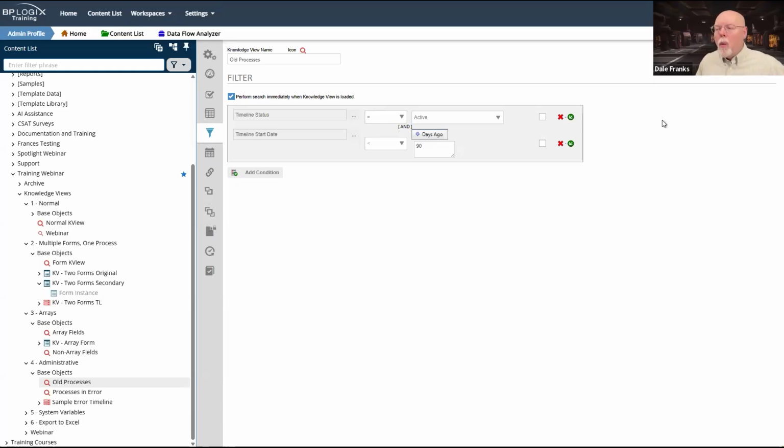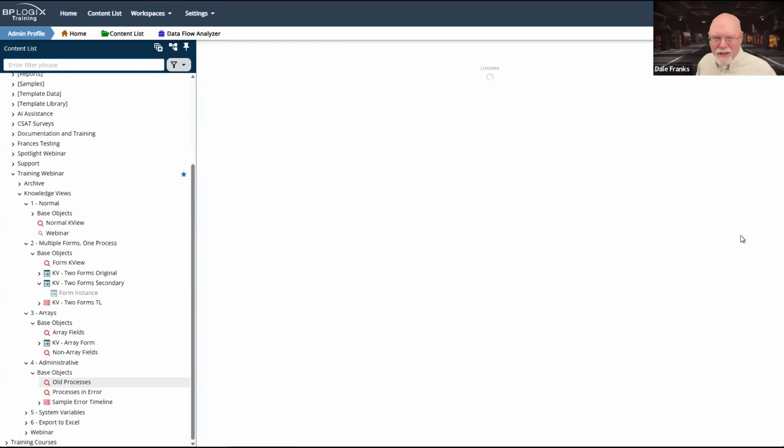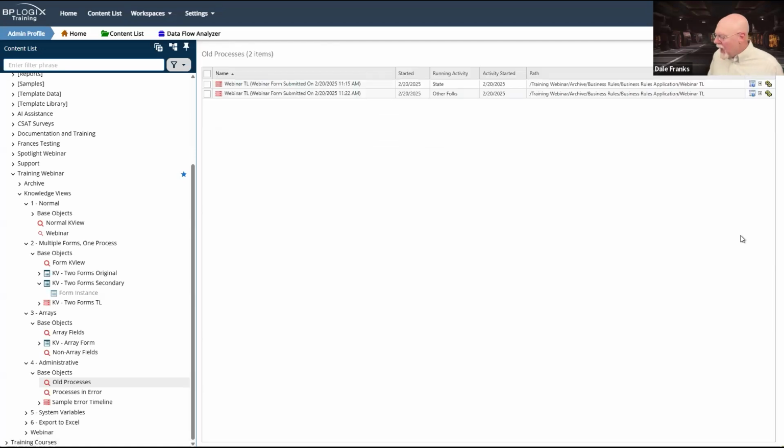So what I'm looking for in this case are processes that should not still be alive. Something should have happened to end this process because it started over 3 months ago and it is still active. As a system administrator, I'm going to be curious as to why that is. And the reason is, well, I never went back and ended this from the timeline on February